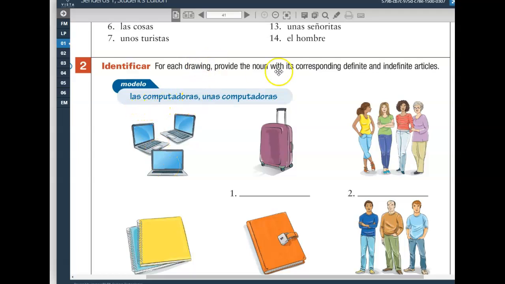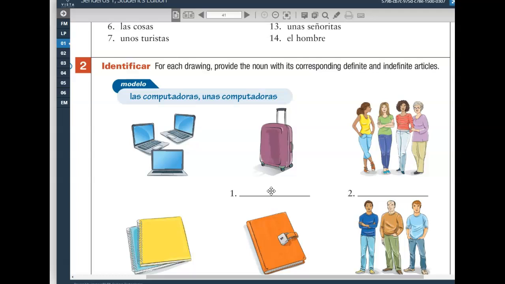computadoras. And then provide both the definite being el, la, los, or las. In this case, las computadoras, because computadoras is feminine plural, and that's the feminine plural definite article. The indefinite feminine plural article would be unas. So provide both definite and indefinite articles that go along with these nouns, and I'll give the nouns to you